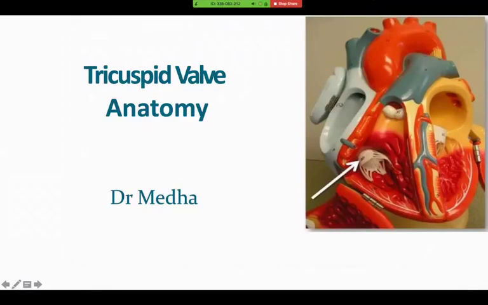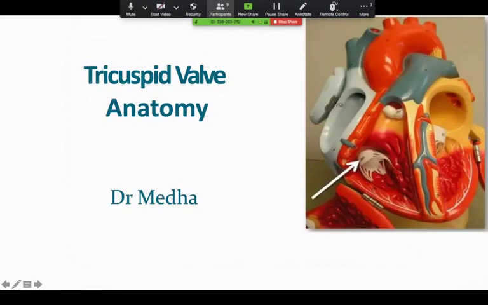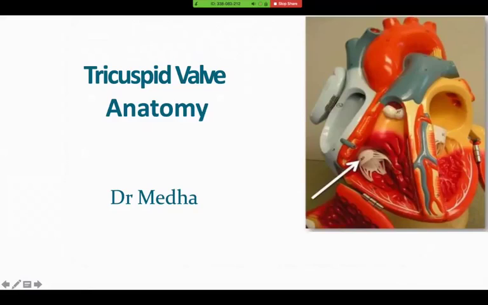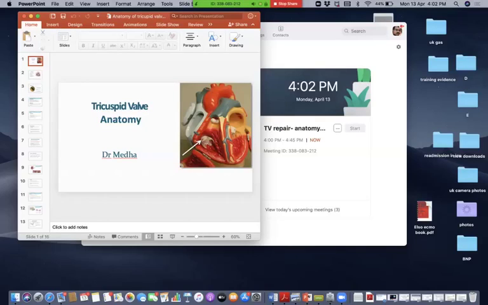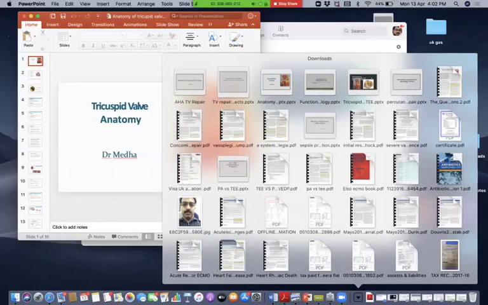Mera is on. All right, so I'm calling her. No, it's okay. Mamta, are you ready to go ahead? Yes, sir, I'll present, sir. All right, okay. So in that case, we'll do the anatomy after this. We'll go ahead with Mamta's topic, and that is pathophysiology of the tricuspid valve.